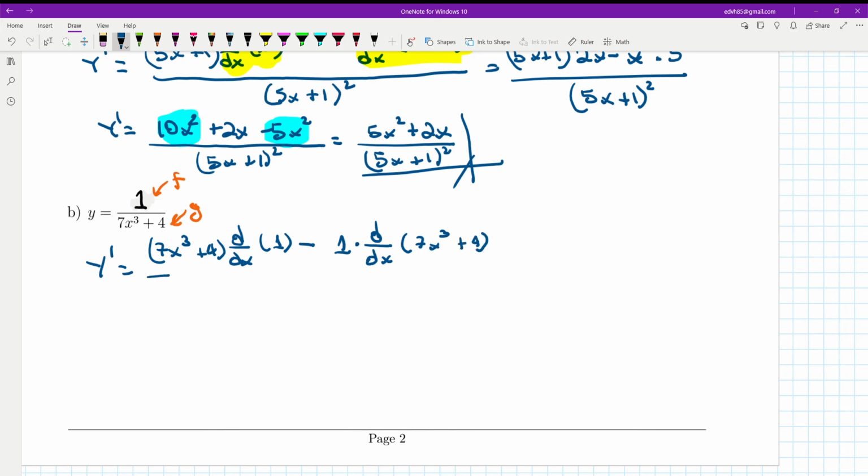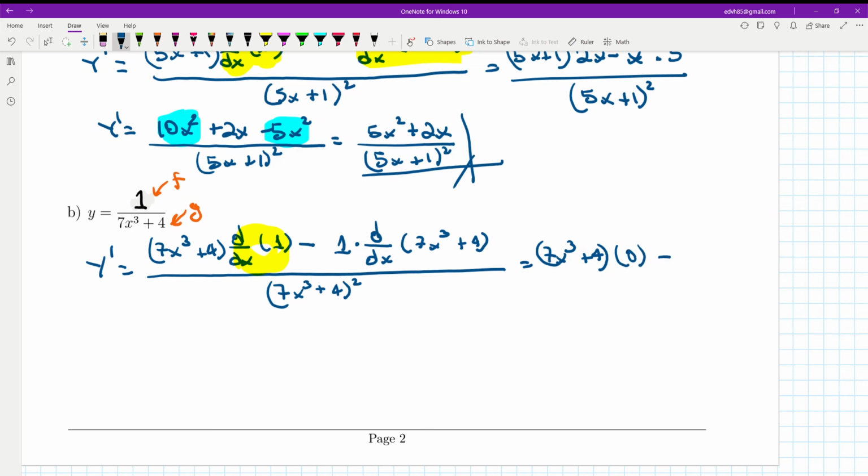The whole thing will be divided by the denominator squared. So in this case, 7x cubed plus 4 times the derivative of 1. The derivative of a number is simply 0,